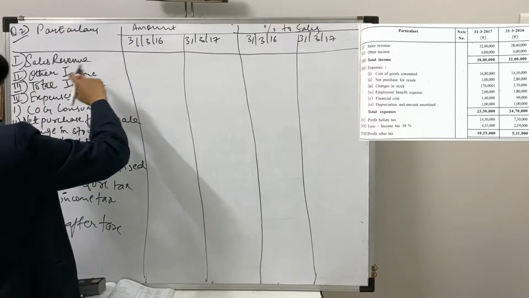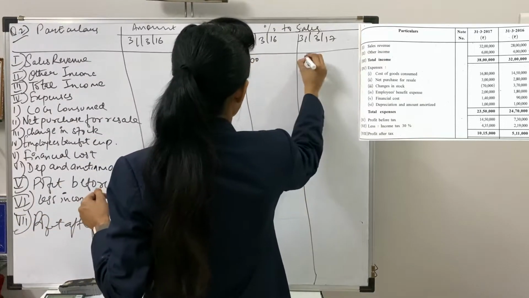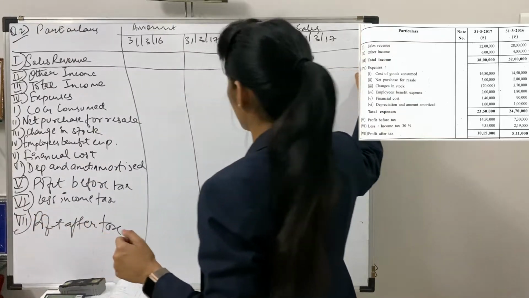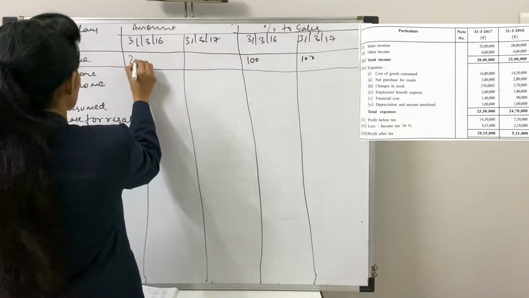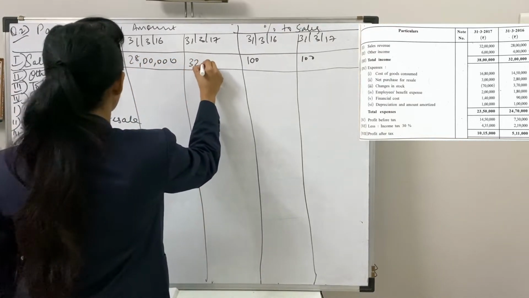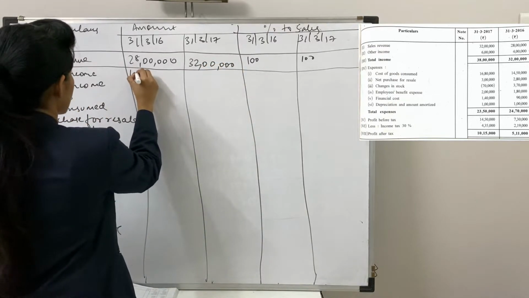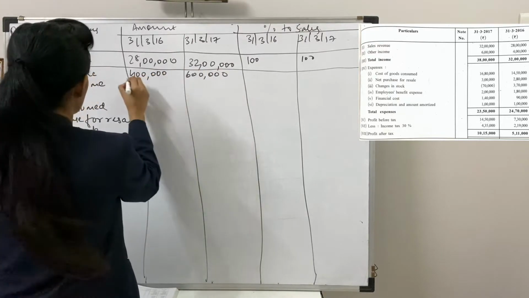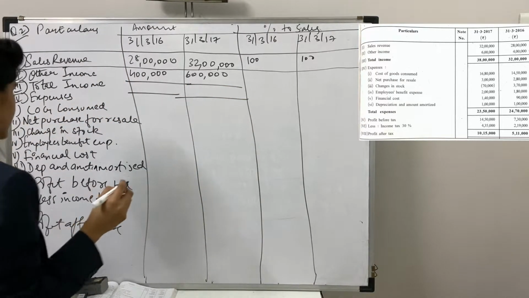We'll put again sales revenue as 100. If you want to put a line, it will be easier for you to compare. Even this is your personal choice whether to put it or not. We'll put the amounts: 28 lakh, then your 32 lakh, then your other income given in the question are 4 lakh, 6 lakh, your total income is 32 lakh and 38 lakh.